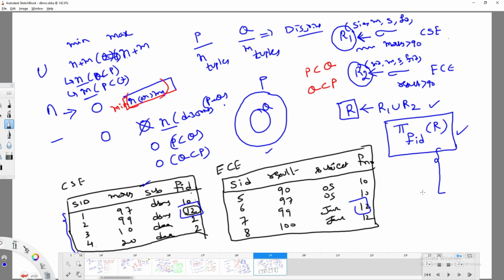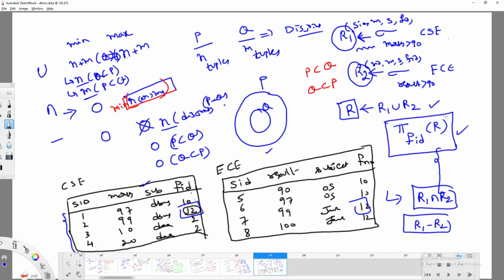R1 intersection R2. My question is, I want to find the faculty who were involved with students who got more than 90 marks only from the CS department. Then you have to apply R1 minus R2. Is it okay, everyone? In the first case, I need all the faculty who were involved in getting more than 90 marks from either CSC or EC.